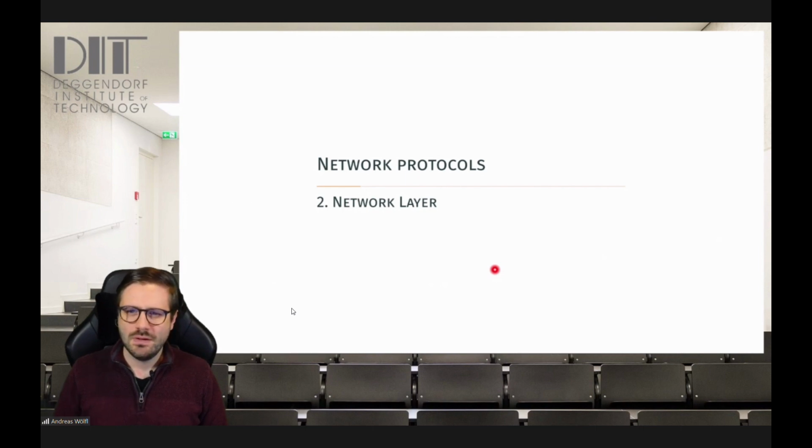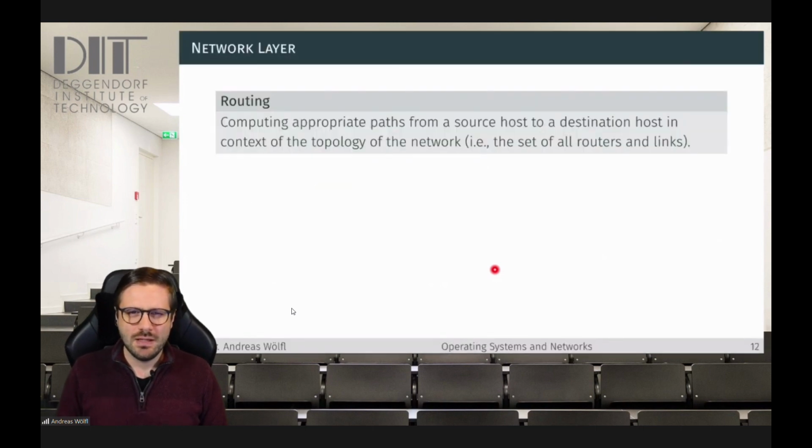Okay, then we proceed. Transitioning to the network layer. The network layer has the following tasks to be done. Routing. Routing means calculating a path for a packet. So routing is done specifically for a single packet from the source host to the destination host